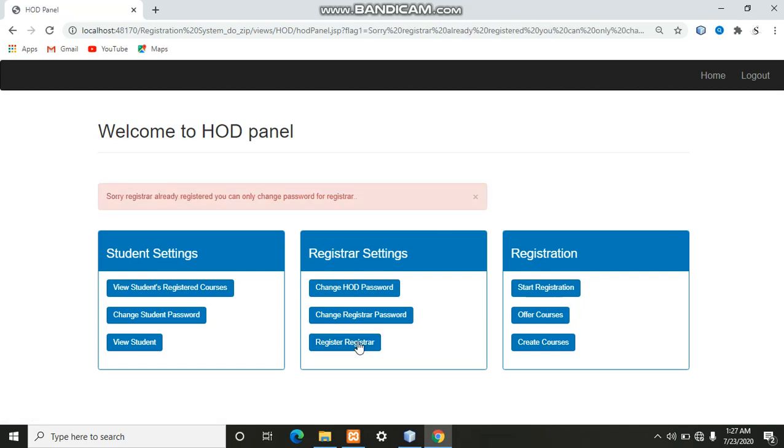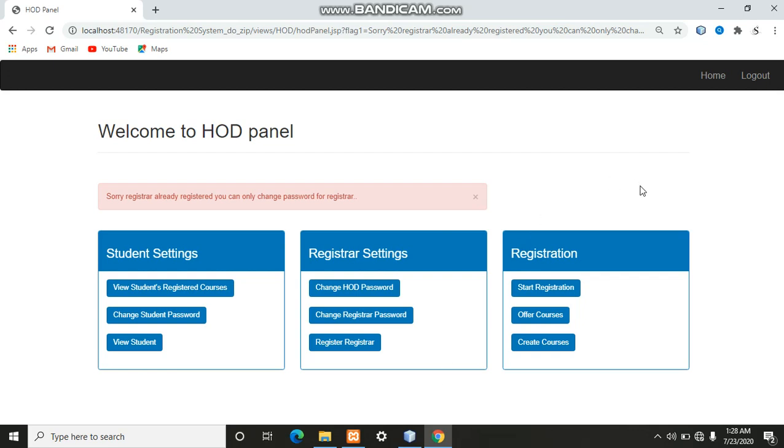After doing this, a message is given: sorry, register already registered, you can only change password for register. Yes, the message itself says that as we have already registered a registrar in the HOD panel for the information technology department, we cannot register a new registrar.